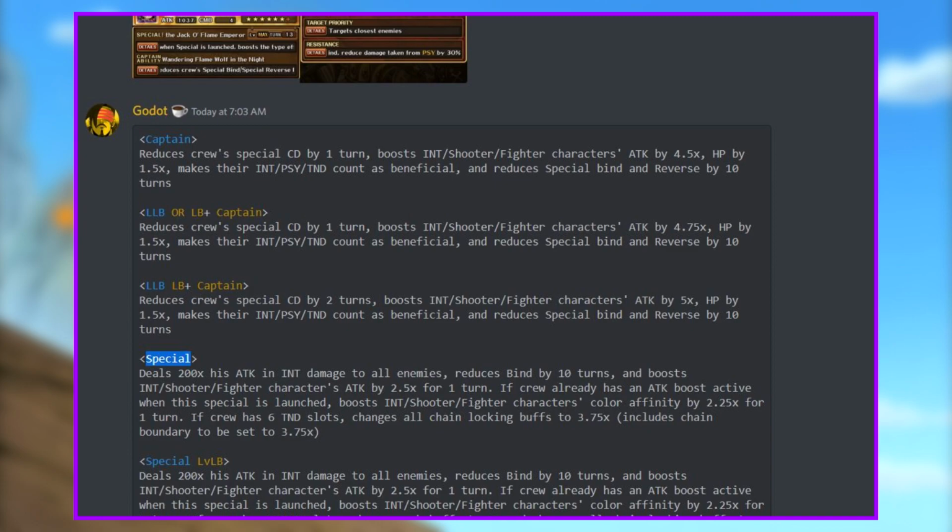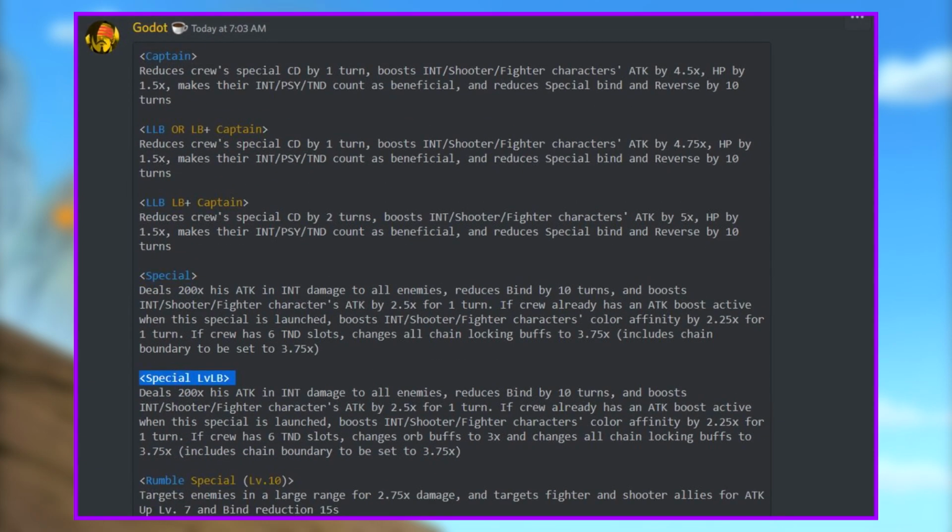If we just have a chain lock though, if it goes to 3.75 times, I'm pretty certain it is one of the highest chain locks in the game. By the way, he also could not apply damage, now he does damage to all enemies, which can help with some supports. With his level limit break, it seems like the attack boost remains the same, the color affinity boost remains the same,